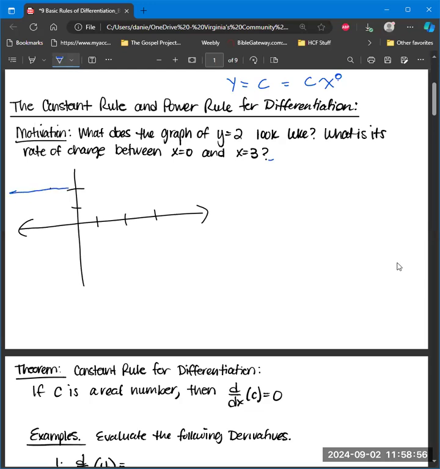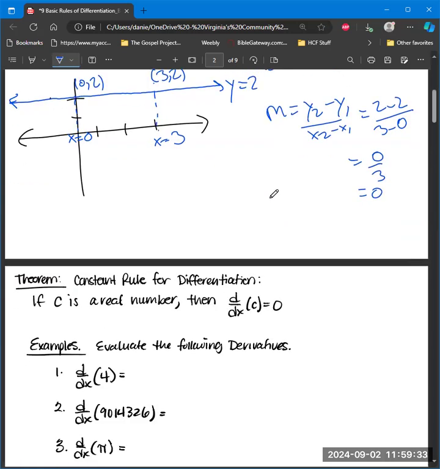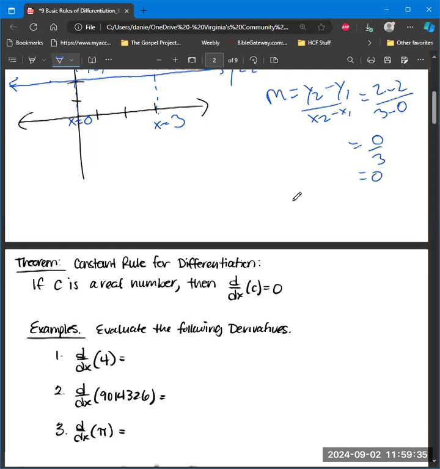It's going to be a horizontal line here. And I'm interested between x equals 0 and x equals 3. That's the function y equals 2. So we have the point (0, 2), we have the point (3, 2), and we find the slope. We have y2 minus y1 over x2 minus x1, which is 2 minus 2 over 3 minus 0, which is 0 over 3, which is 0. And we would see that that would be true for any horizontal line over any interval,